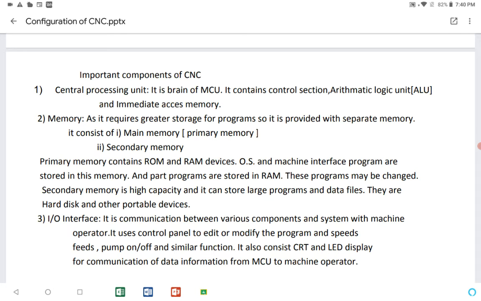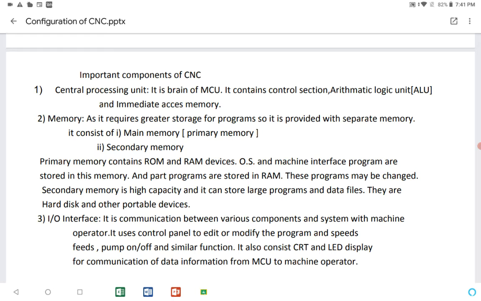Both of these together are called primary memory or main memory. The machine interface programs are stored in this memory, and the part programs, as I said, in the RAM. So the RAM can be changed, in the sense the programs whatever written can be changed.